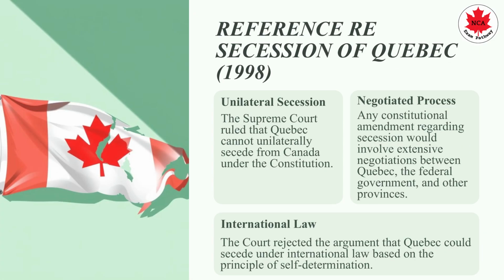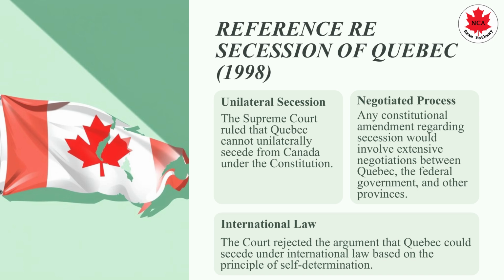Now let's discuss the Reference re Secession of Quebec, 1998. It's a landmark decision by the Supreme Court of Canada that clarified the legal framework governing a province's potential secession from Canada. This case addressed the constitutional questions surrounding Quebec's desire to unilaterally secede and the broader implications for Canadian unity. In 1995, Quebec held a referendum on whether it should secede from Canada, which narrowly resulted in a vote